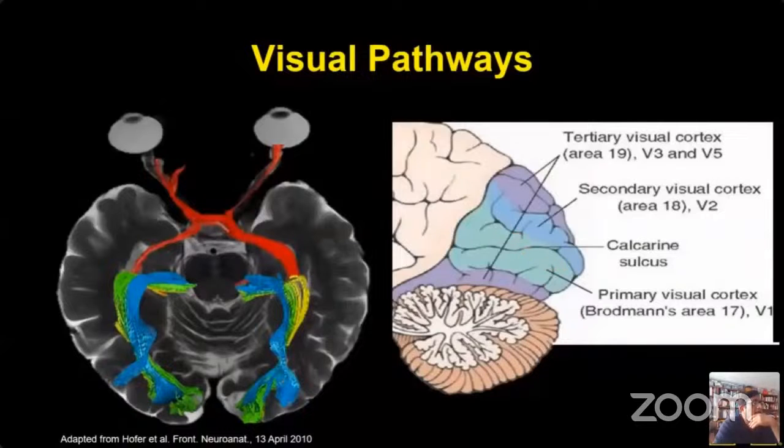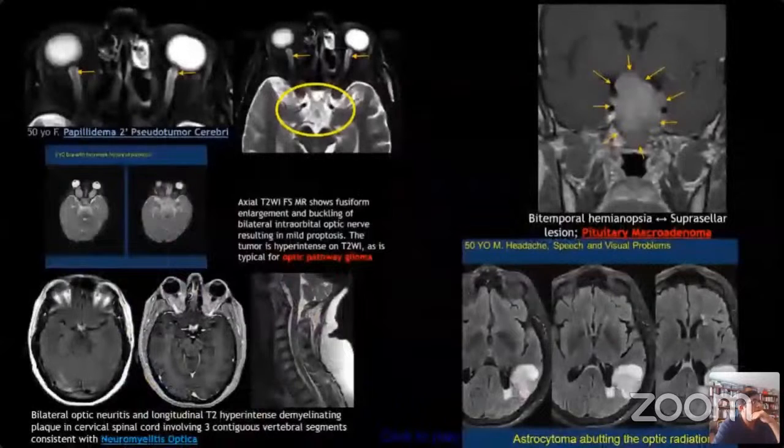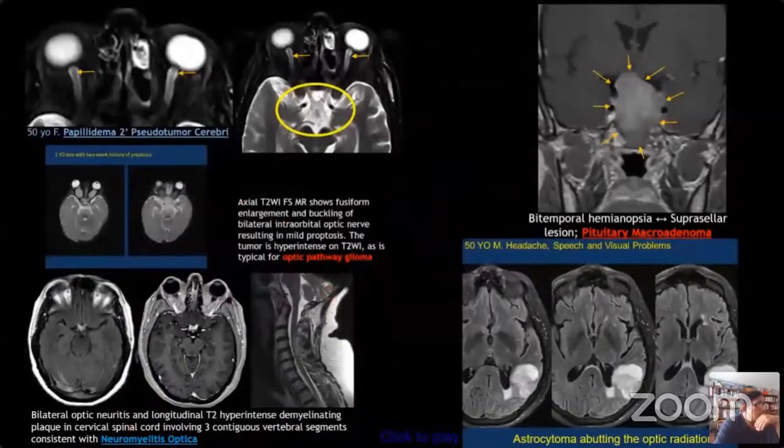So let's look at some of the pathologies of the optic nerve. Now, those pathologies here would be,